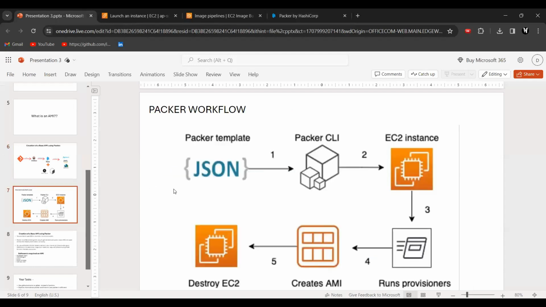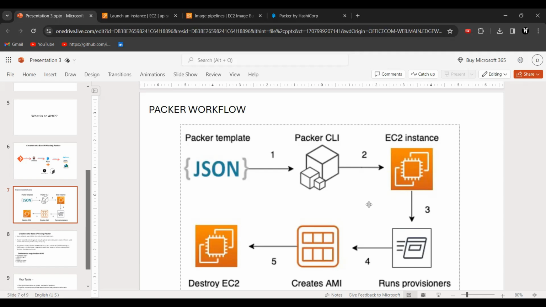Okay. This is a Packer workflow. First, it will take a JSON or .hcl file. HCL means HashiCorp Configuration Language, and you give this file to the Packer CLI. Packer CLI will automatically initialize an EC2 instance.